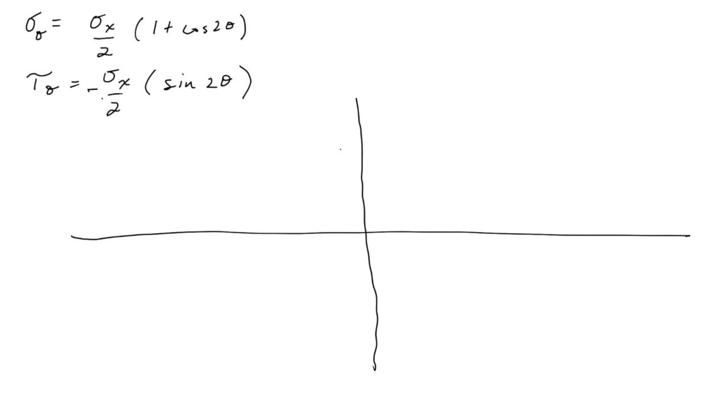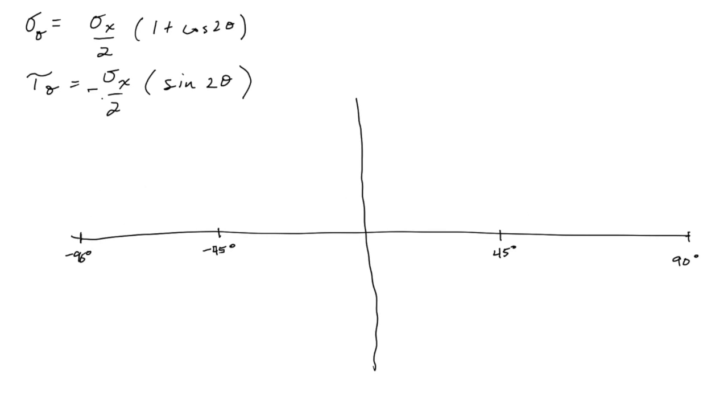Okay, so let's call this over here minus 90 degrees, minus 45 degrees. This will be 45 degrees and 90 degrees. Okay. So let's plot